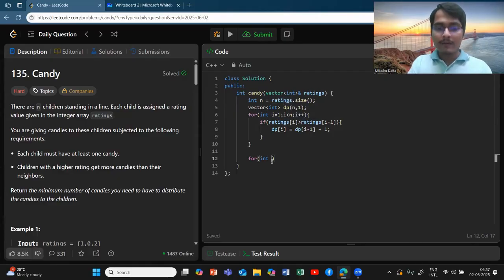And I told that I will again go for the decreasing arrays, which are increasing from the front to back. What I will do is I will start from n minus 2 and go till 0, doing i minus minus. I am doing a backward iteration. And I will see here that if ratings of i is greater than ratings of i plus 1,